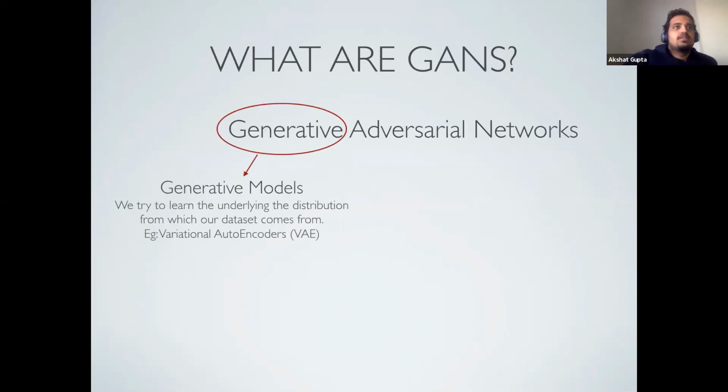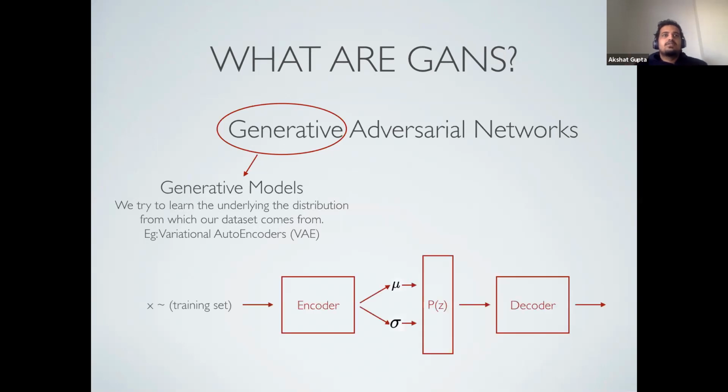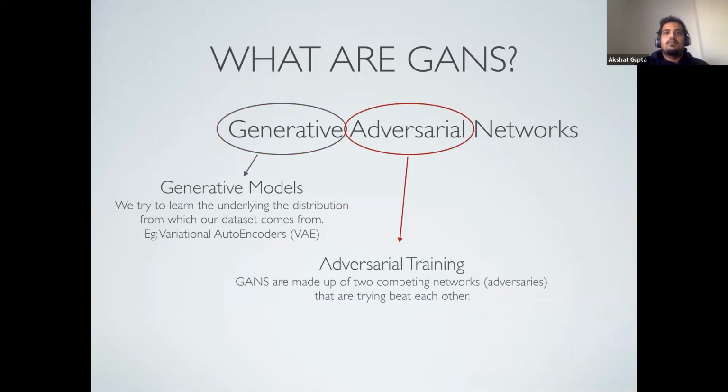So GANs are a type of generative model where we try to learn the underlying distribution from which our data set comes. We've looked at one generative model already last week in the recitation, and this week in lectures we looked at variational autoencoders. They were trying to do a similar thing. We were trying to create a generative model that would take in as input a latent vector and give us outputs which come from roughly the same distribution as our training set. Now, GANs are a little different from variational autoencoders, for they have a component called adversarial training,